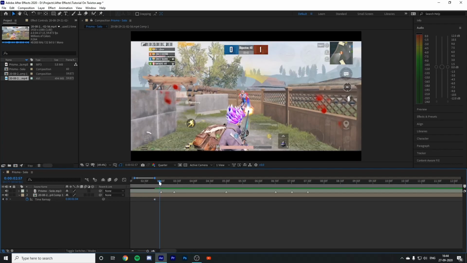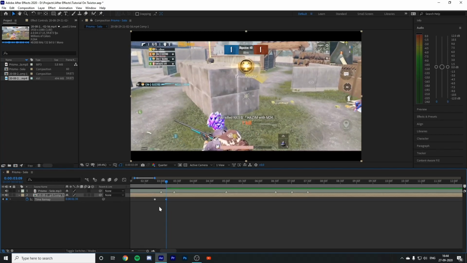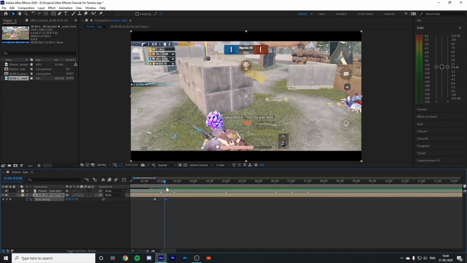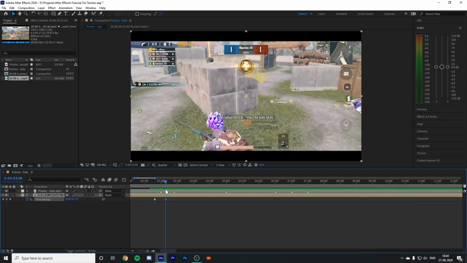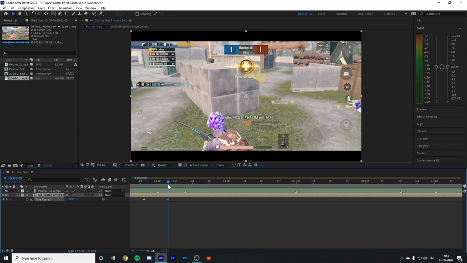After this, create another keyframe after this beat where he hits him and he moves like this. Create another keyframe, return the motion. So for the second keyframe, what I'm gonna do is